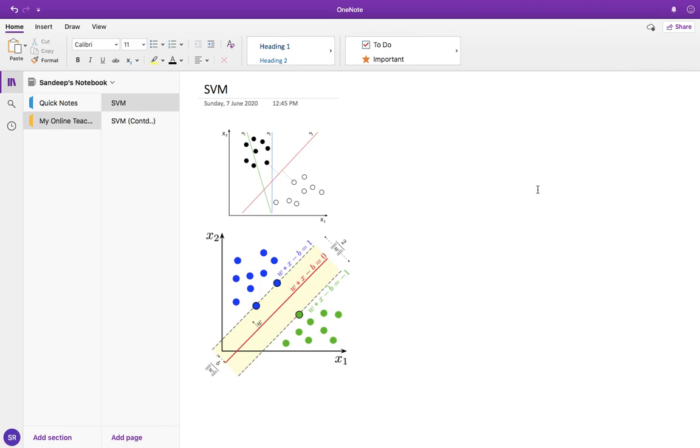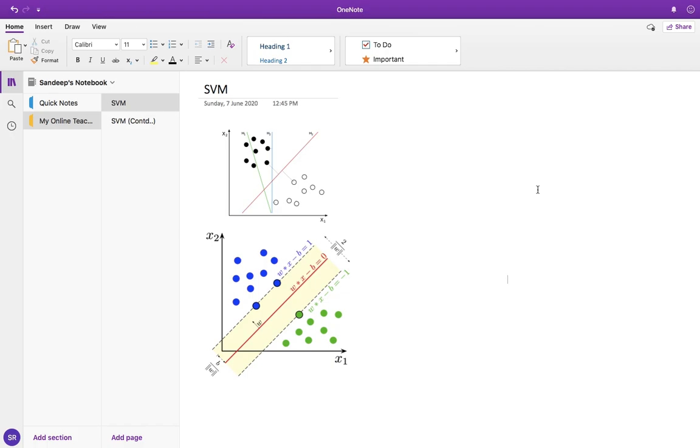Today I'll first discuss the theoretical introduction. I'll give a theoretical and mathematical introduction of SVM, and then we will also see how this can be implemented in software like MATLAB without using the inbuilt MATLAB functions. I'll be demonstrating using some optimization toolboxes at the end of this video.